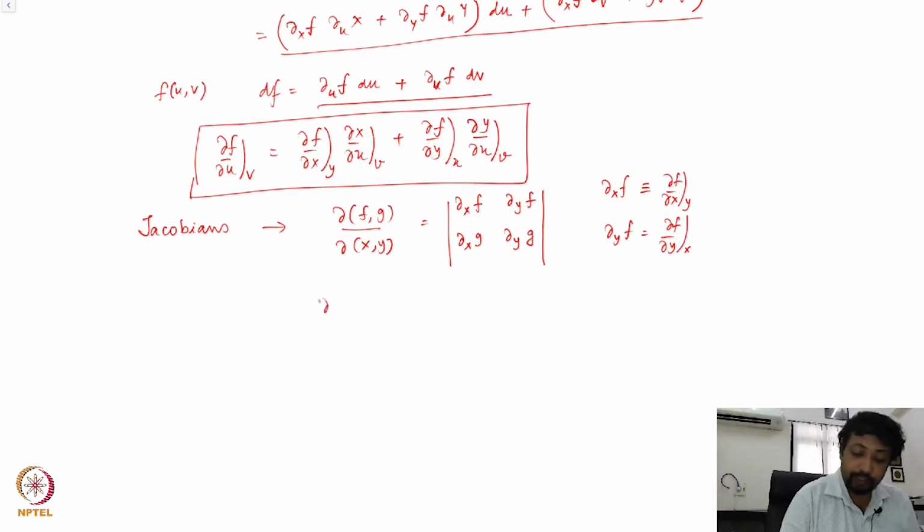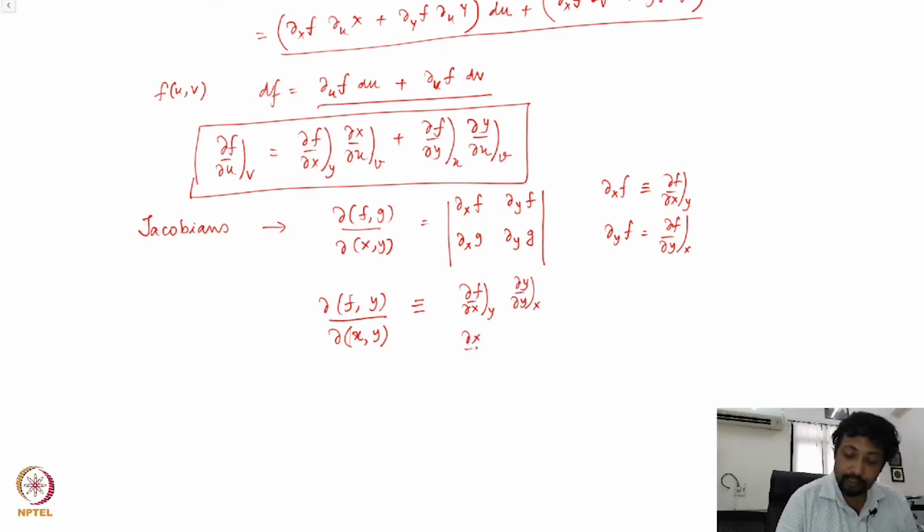It should be noted here that if I have del of f comma g, del of x comma y, now if I replace g by y, which I can do, then this is equivalent to the determinant with del f, del x, y held constant, del f, del y, x held constant,